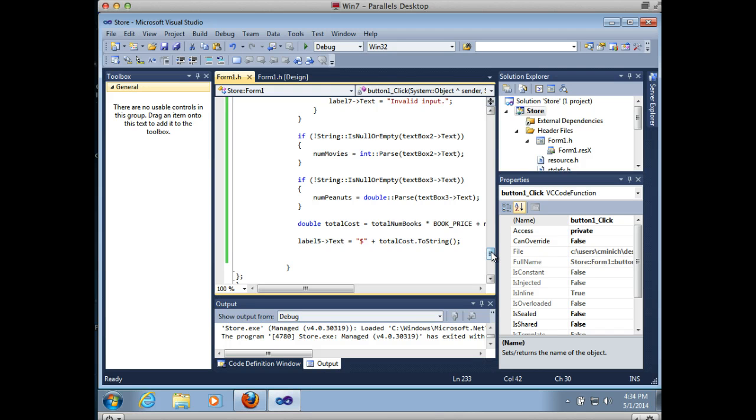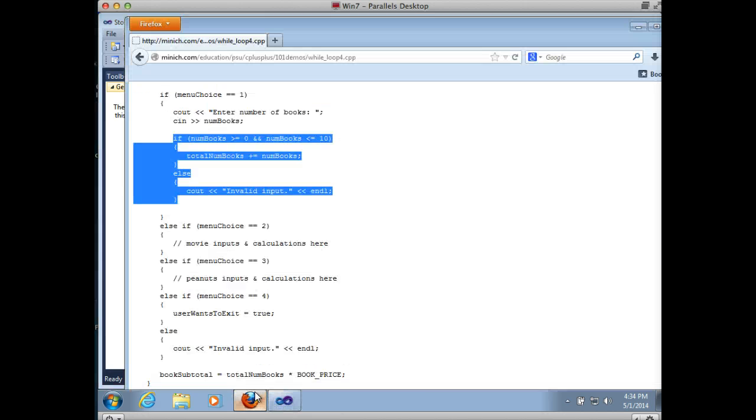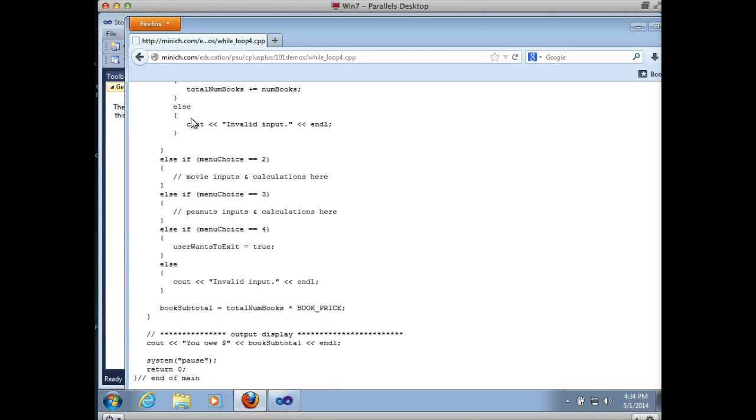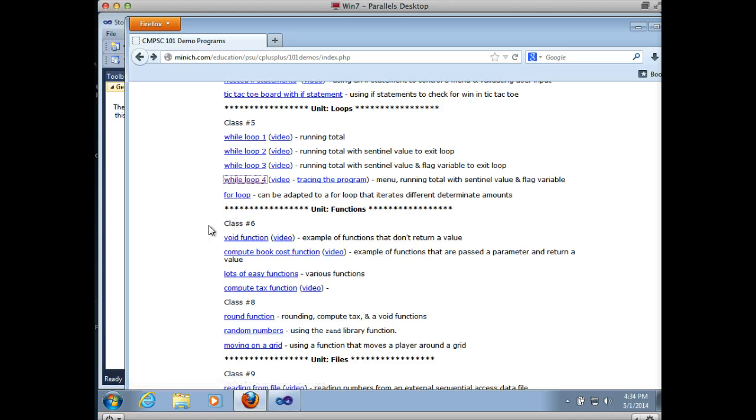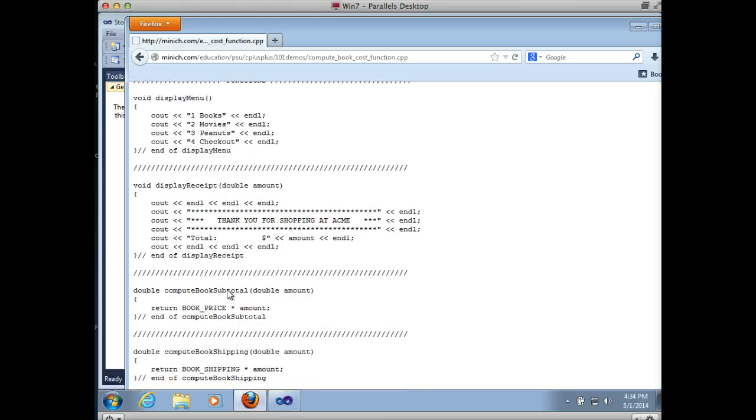Now, let's use a function. Let's go to one of my other demo programs in the website and find a function to use. Right here, compute book cost function. Here was a function that I'm going to copy and paste